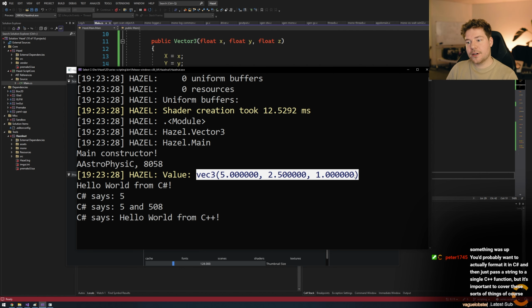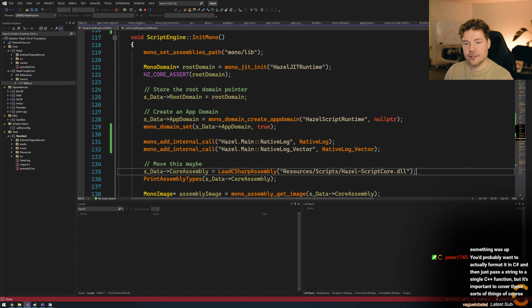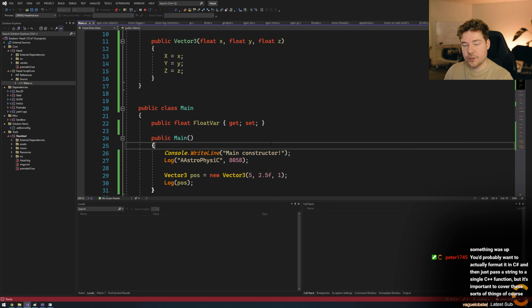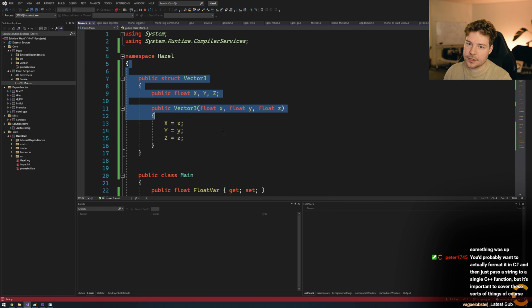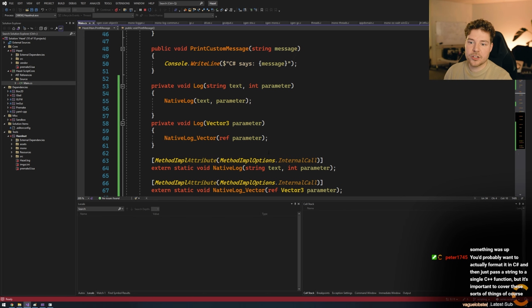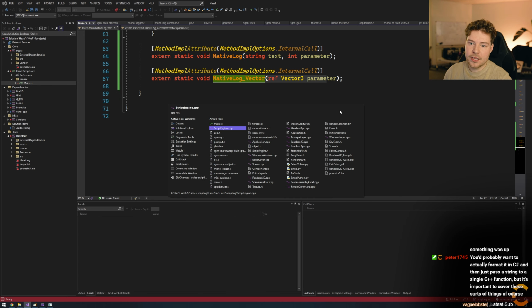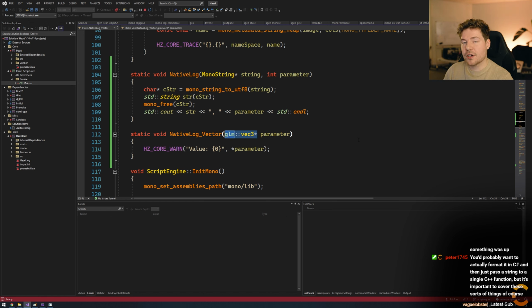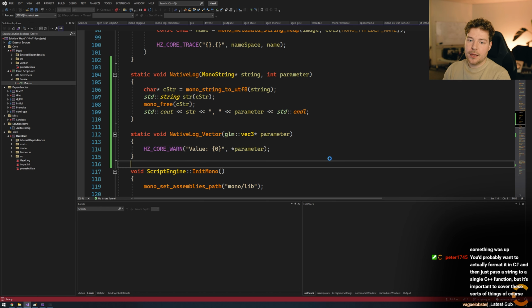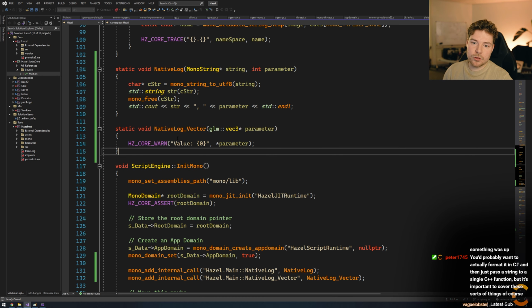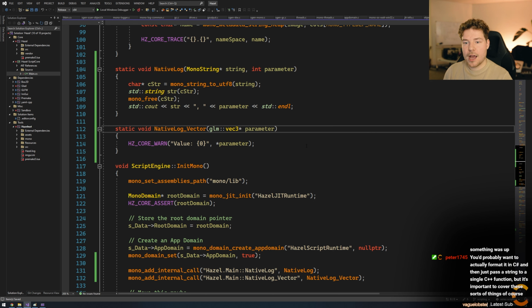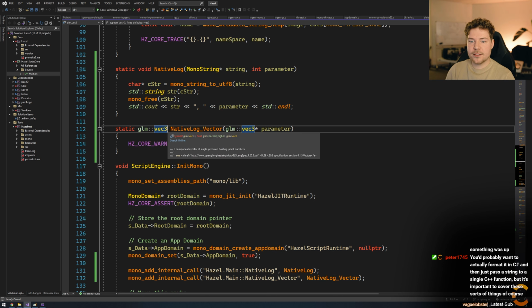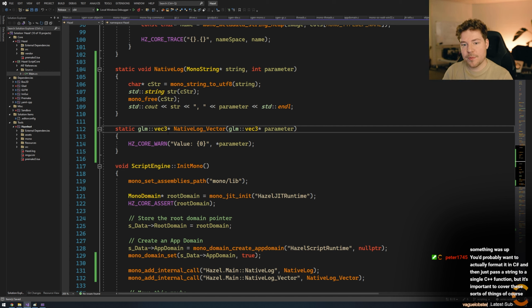So that's an example of us kind of marshalling, I guess, a struct, which is pretty cool because this is an entire struct of data, right? X, Y, Z, and we're just sending it in as like a ref, and we're interpreting it inside Hazel as a GLM vec3 pointer. And it's already like a GLM vec3, we can do whatever we want with it. I guess one thing we haven't talked about is, for example, how we would maybe return that. I don't know if that's worth it, but I guess how would we then take in a vec3 back?